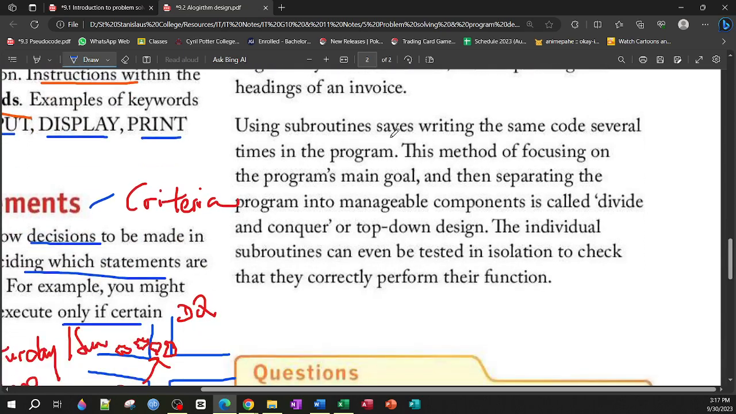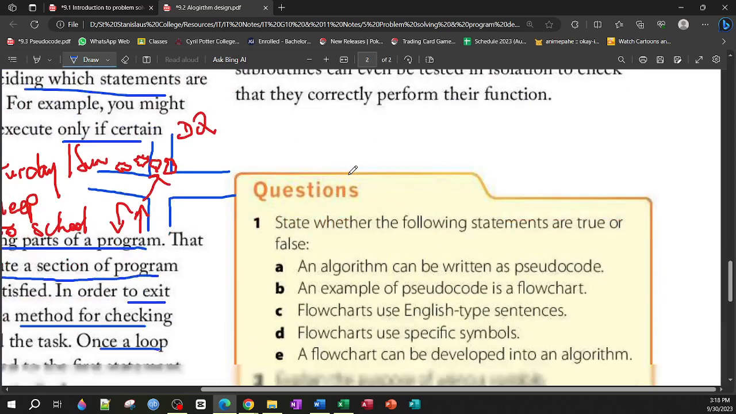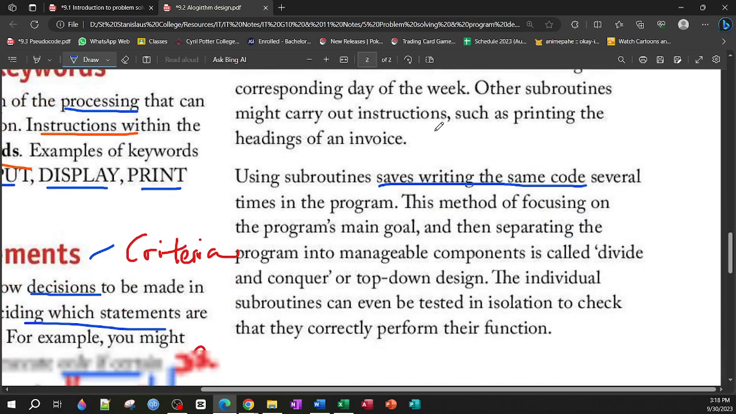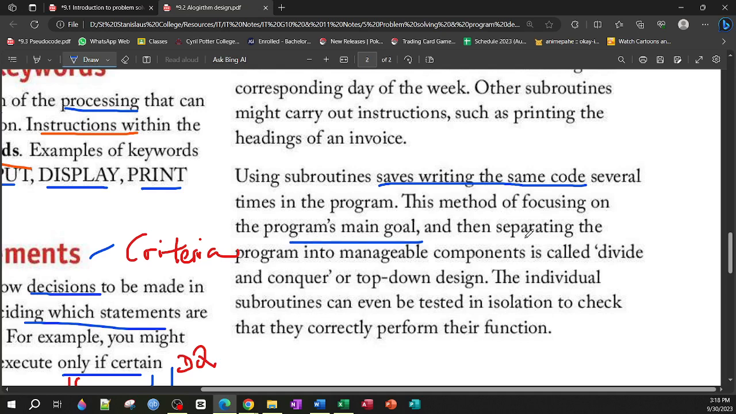Now using subroutines saves writing the same code several times in the program. As mentioned, you can repeat the different parts of the program. So you don't have to type it over and over again. You simply say use back that section. This method of focusing on the program's goal and then separating the program into manageable components is called divide and conquer,